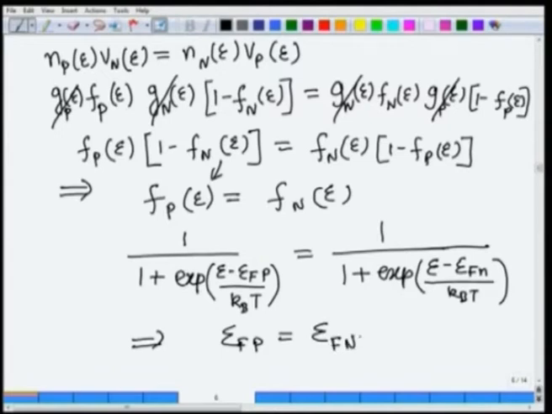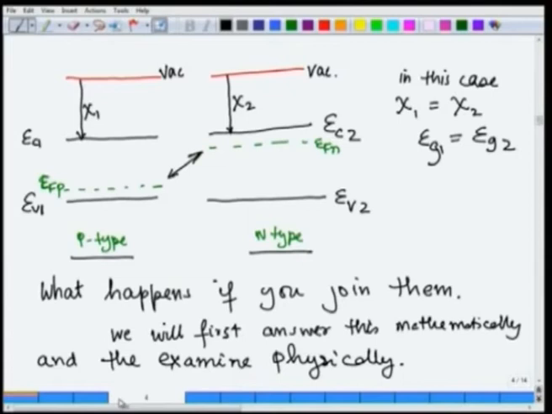So, we have been able to prove that these two Fermi energies should become the same, and you should be able to see that from here itself. This Fermi energy at 0 K represents the chemical potential of electrons, and even at slightly higher temperatures, the kind of temperatures we are dealing with, this Fermi energy still represents very closely what the chemical potential of electrons is. So, if you have these two materials and we are trying to join them, clearly the energy